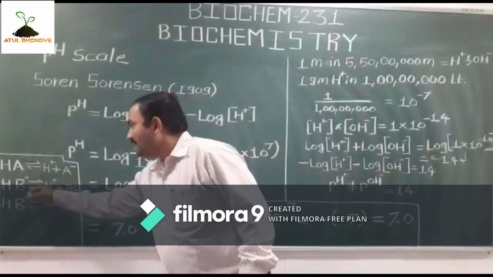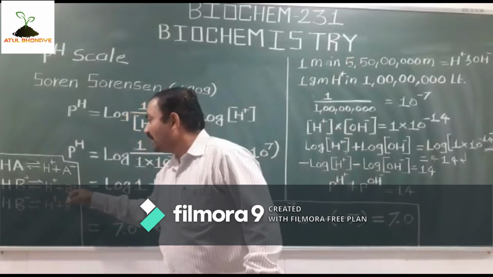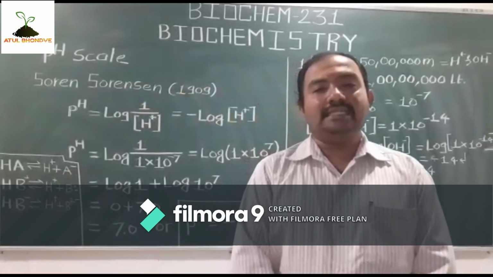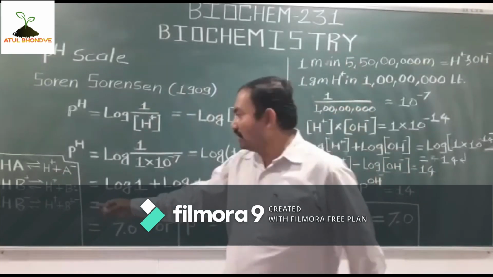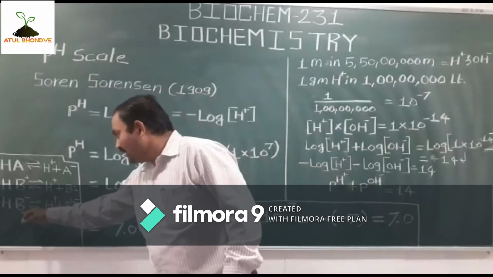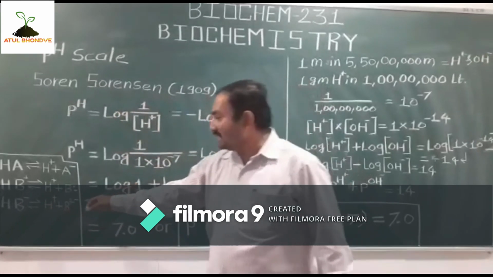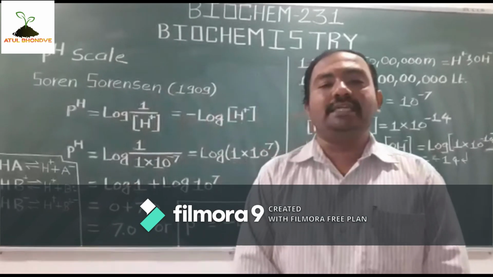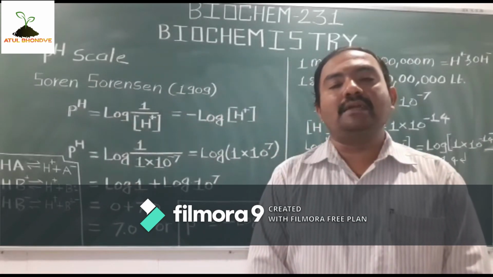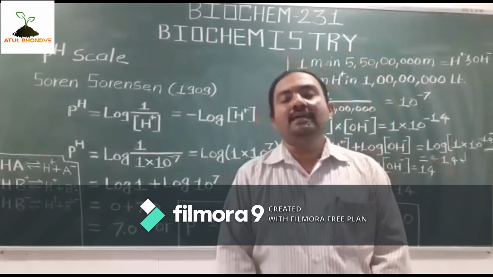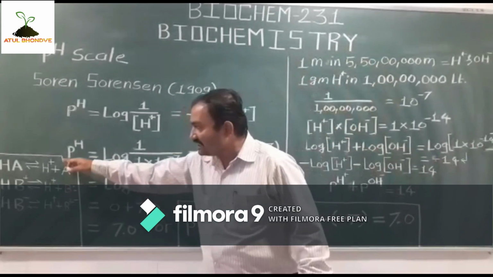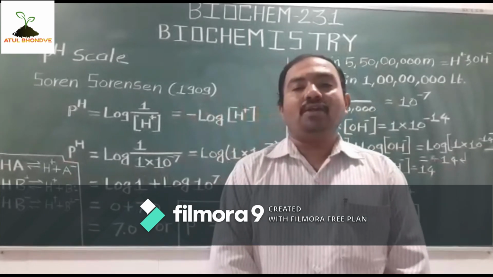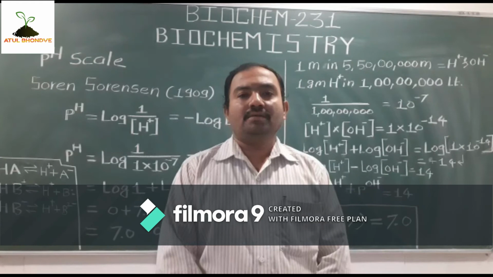In case of HB plus, here B is neutral, so it contains equal proportion. Then the next one is the conjugate. Next, HB minus releases, that is the strong acid which is strongly dissociated and responsible for the complete release of the proton. So these are the reactions representing the Bronsted-Lowry acid-base concept.